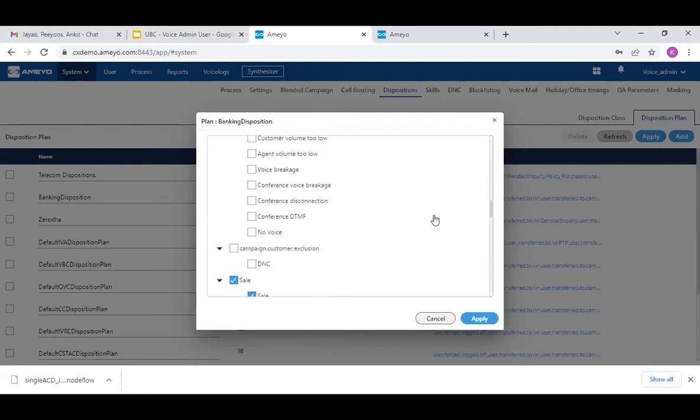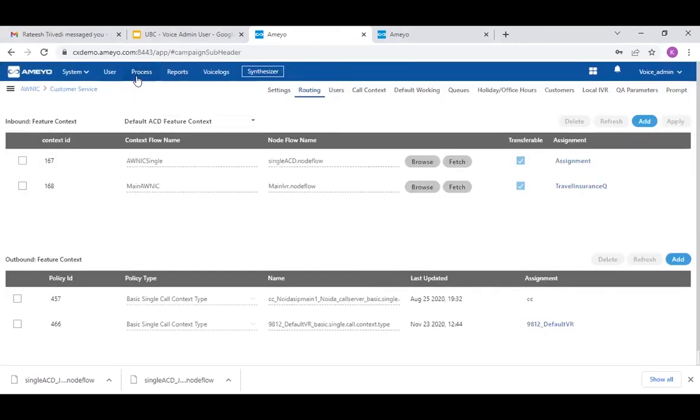So this is how, as an admin, you would be able to add those dispositions, and these dispositions would be visible for your agents once they are ending that call, which gives your supervisor a clear understanding that this is the outcome of that particular call. So moving ahead, I would be showcasing how you can configure the rep timeout for your agent.